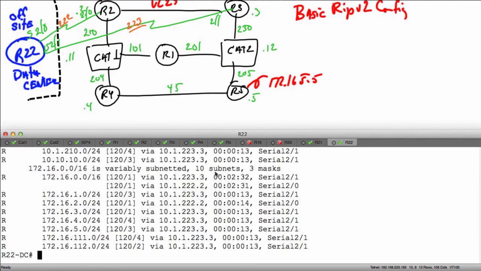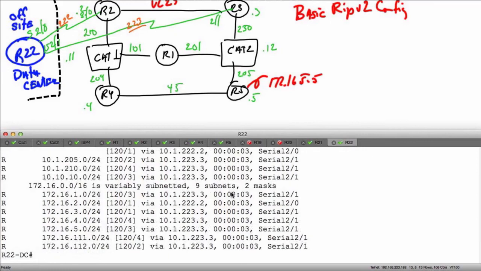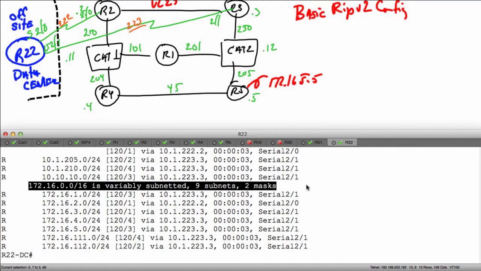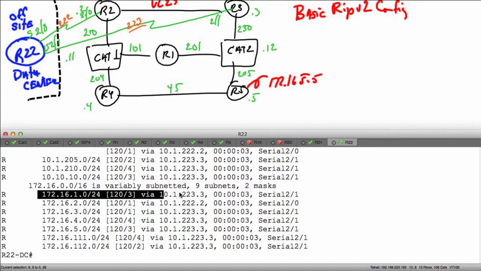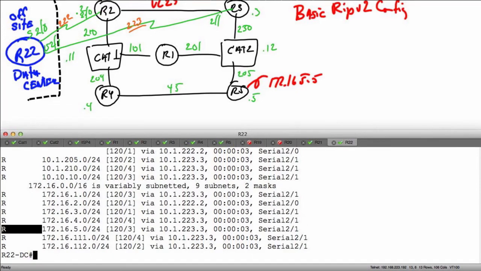Now, if I didn't want to wait that long, which I don't, what I can do is say clear IP route star and hit enter. Then when I do my show IP route RIP, what we're going to find is that my 16 is here, but it's not being learned as a /16. I'm learning about all of my individual /24 prefixes, to include those that are even running on Cat 1 and